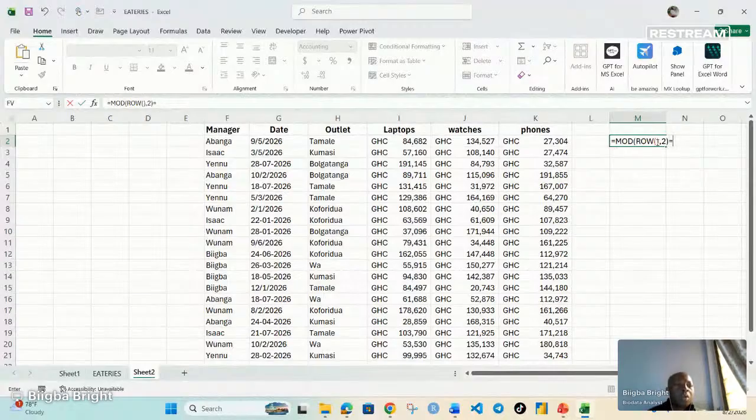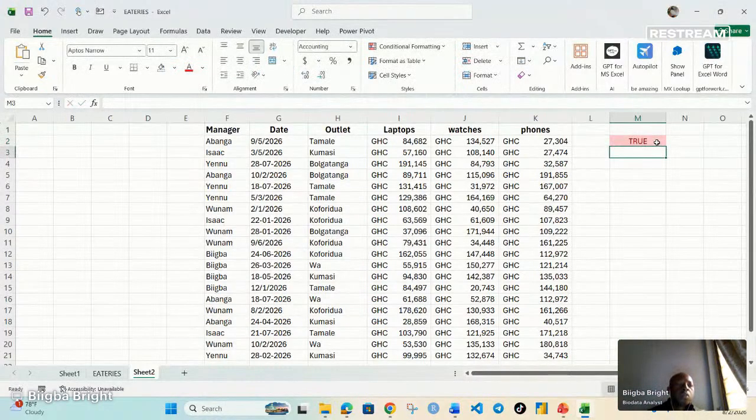You see, 2 divided by 2 is 1, remainder 0. And remember, we are dealing with modulus, so it will be 0 in this particular case. So if the answer is equal to 0, then it will return true. If I tap here, you should see true. But if I move down, it will now be false because the rule is no longer